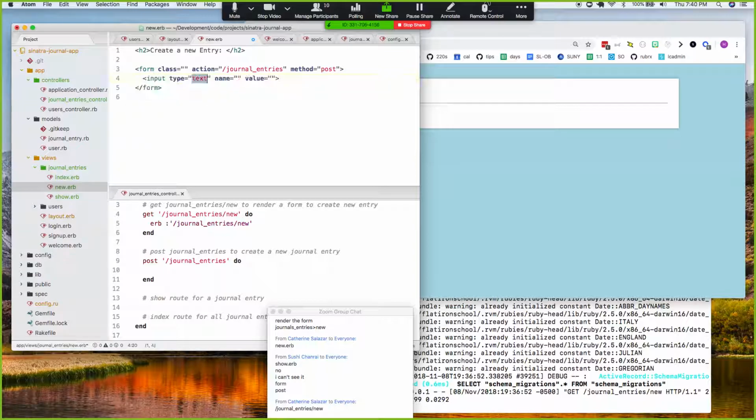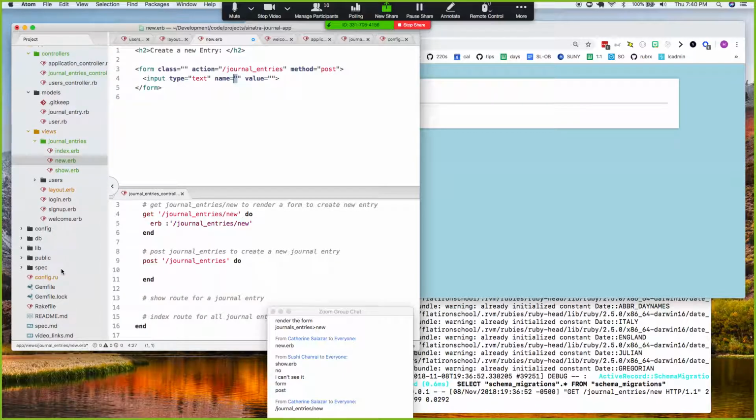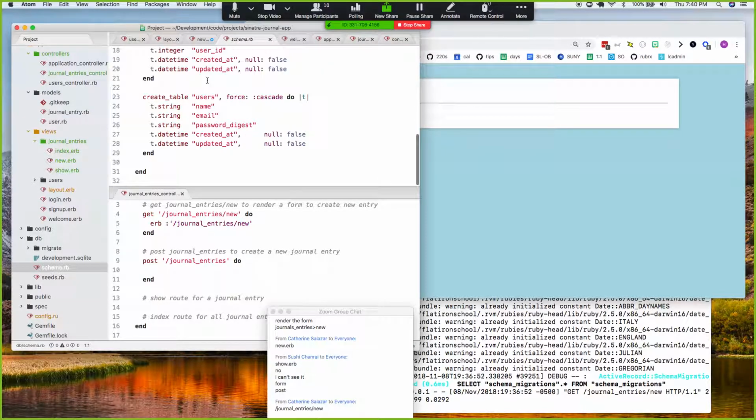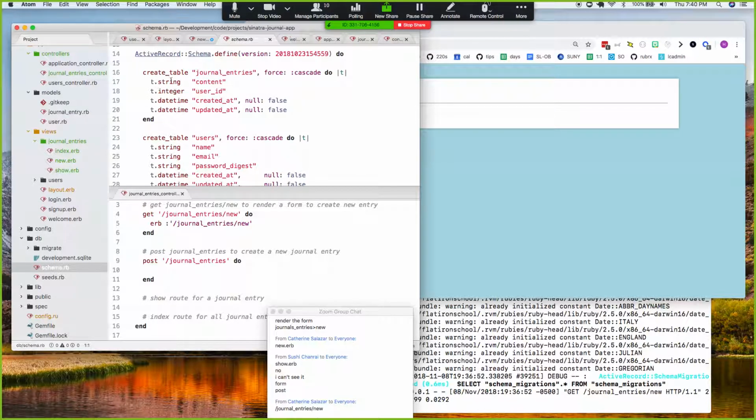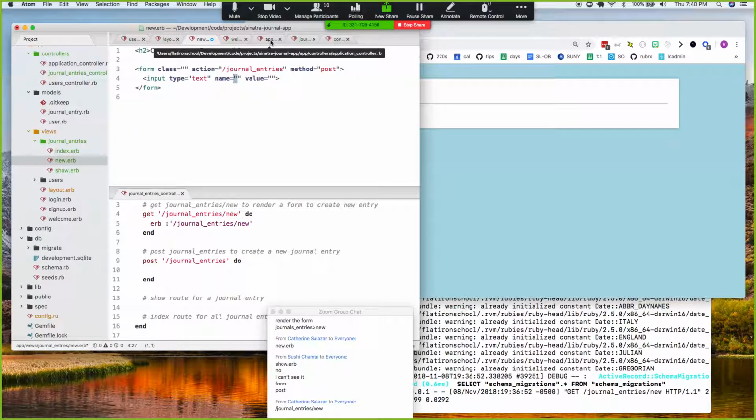So in this case, we're creating a journal entry. I know I want an input for, and I'd have to look back. If I forgot what my journal entries look like, I could just refer down to my schema. And my journal entries look like they simply have content. The user ID we'll figure out how to populate. Timestamps are automatic. Okay. So this is going to be